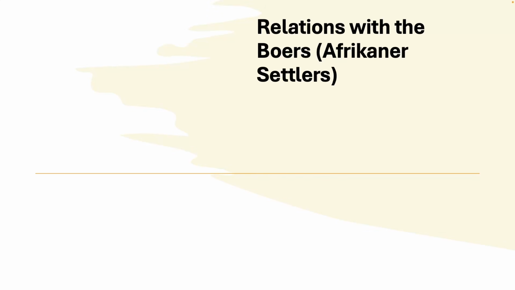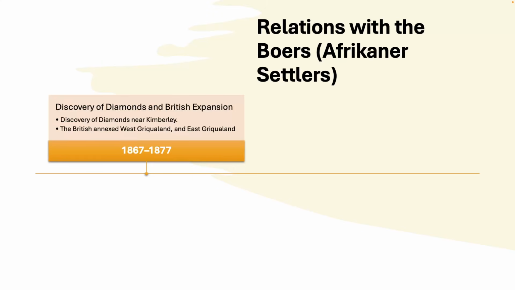British interest and British expansion in this region begins between sort of 1867 and 1877, most notably because of the discovery of diamonds. The discovery of diamonds near Kimberley in 1867 ignites a rush that attracts a lot of international attention, not just the British. The response was that by 1871, the British annexed West Griqualand and then Griqualand in the east in 1874. Again, I'm butchering those pronunciations, I do apologise, but they're on screen in case you want to know how it's spelled.